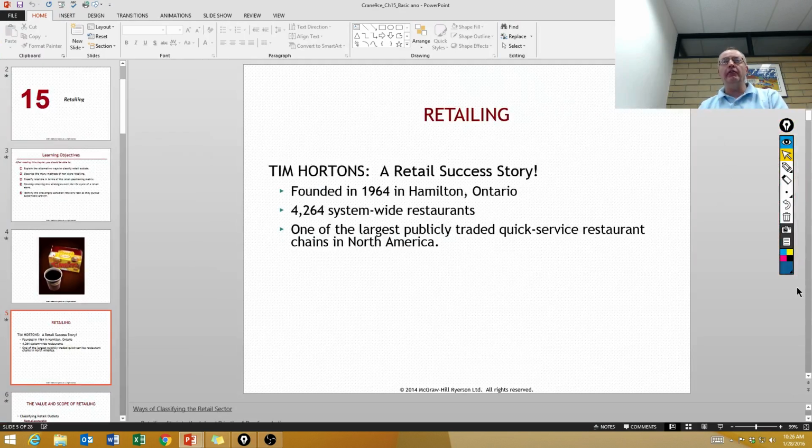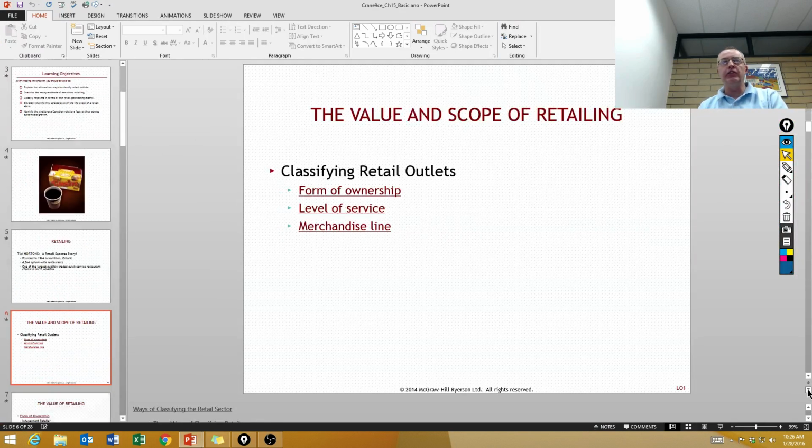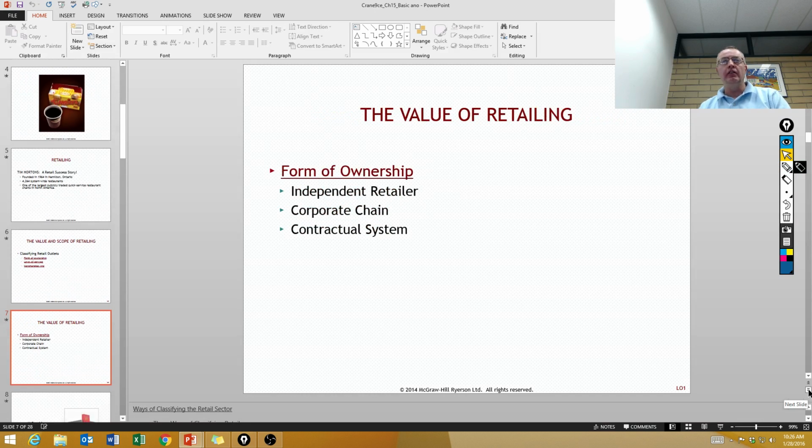Okay, so we have several different ways we can classify retailers. We can classify them by type of ownership, by how much service they provide in store, and by different types of merchandise. So we're just going to walk through these three. So when we speak about the form of ownership,